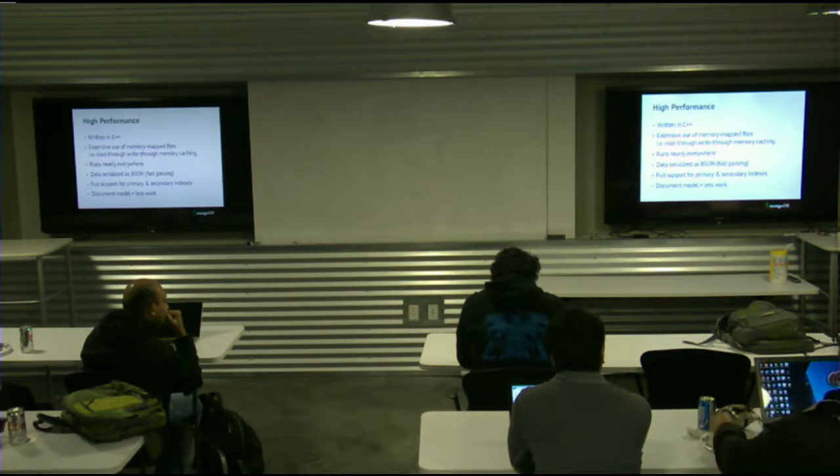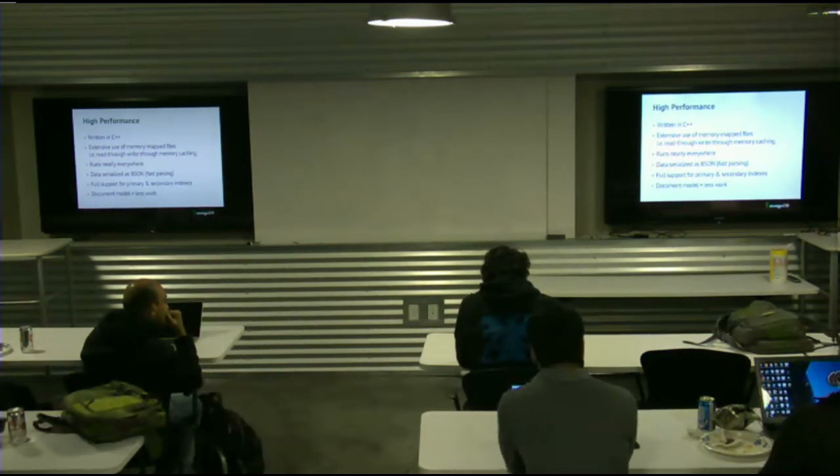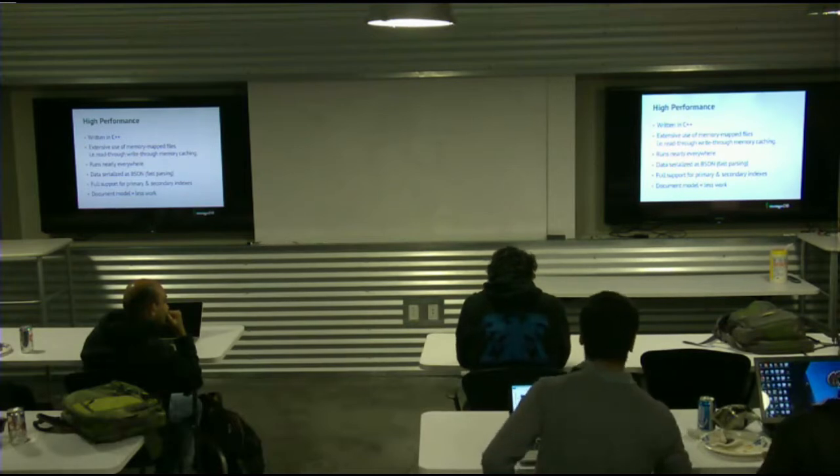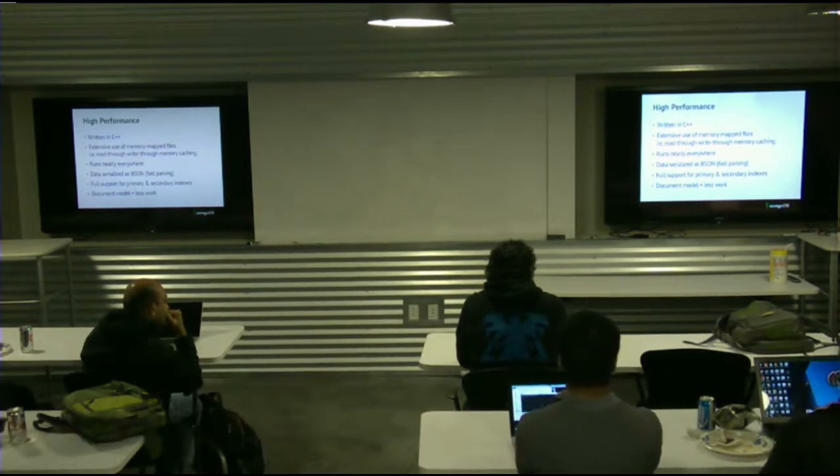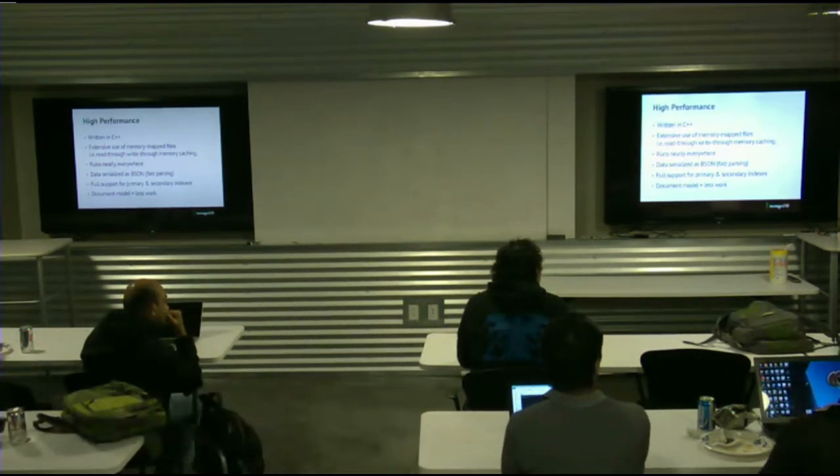Full support for primary and secondary indexes. Secondary indexes are like a top level feature. It's not kind of buried off to the side. It really is intended to be whatever you write to MongoDB, you should be able to read back out, however you want to read that back out. Whether it's some element nested deep in JSON somewhere at the bottom, or something at the top level, or a string or a compound object, it doesn't matter. If you can model in JSON, you can basically build an index around it, and that becomes a secondary index.